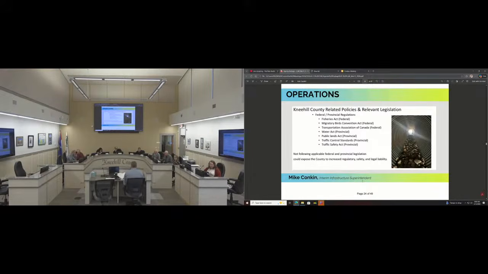These are all policy or legislation from higher governments that we have to follow and make sure we're meeting. If we don't follow them, it opens up the county to legal liability. Those water acts can end up in jail time if people are playing around in water when they're not supposed to be, so it's not something we take lightly.